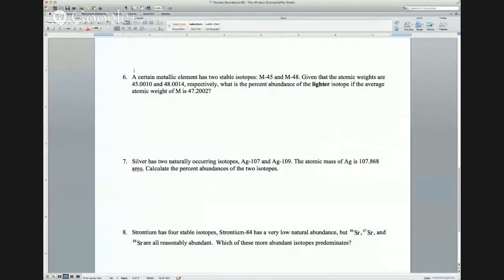6. A certain metallic element has 2 stable isotopes, M45 and M48. Given that the atomic weights are 45.0010 and 48.0014 respectively, what is the percent abundance of the lighter isotope if the average atomic weight of M is 47.2002? So the way that you would set this up, now that we've seen that,